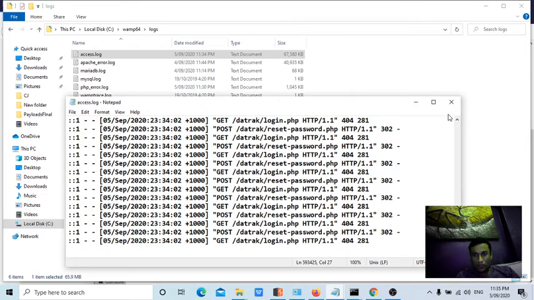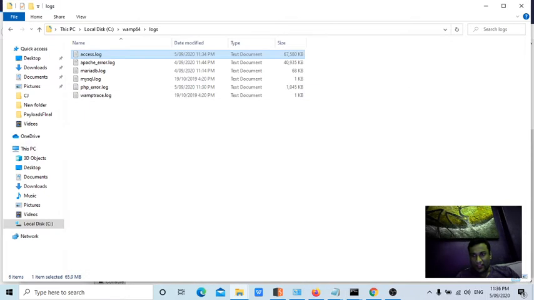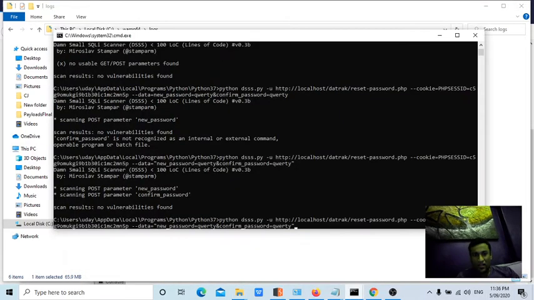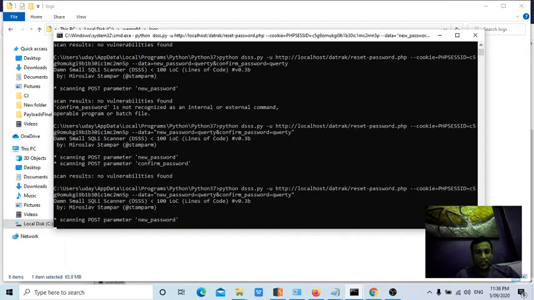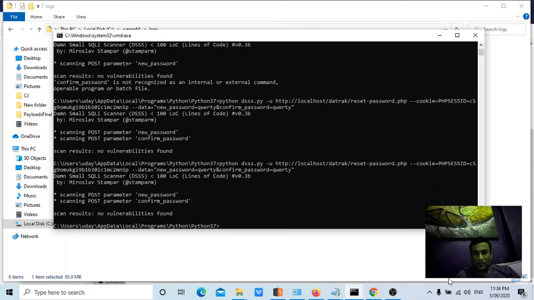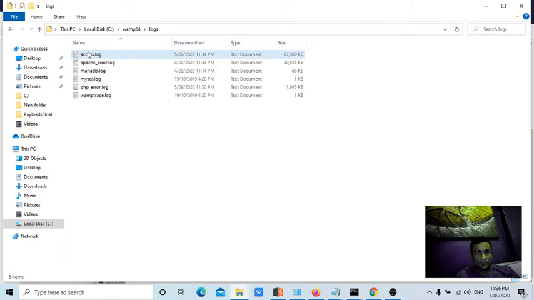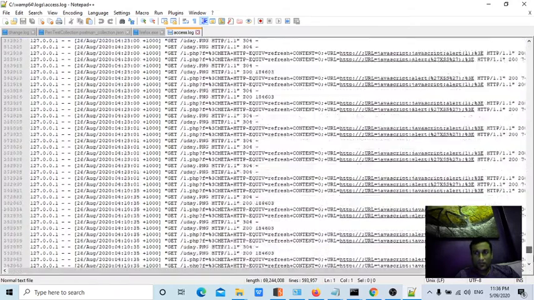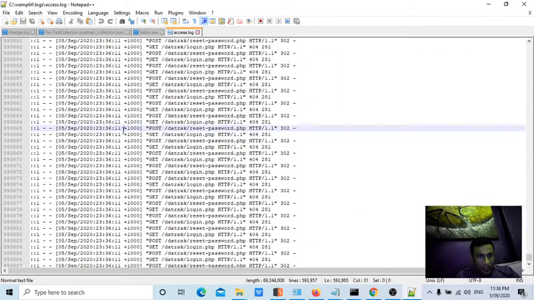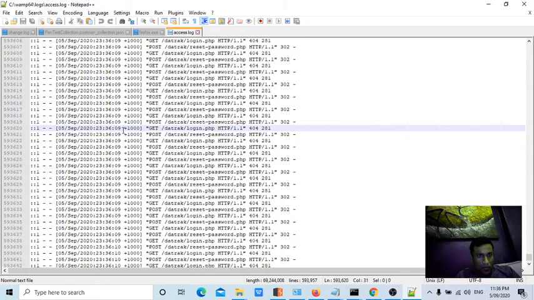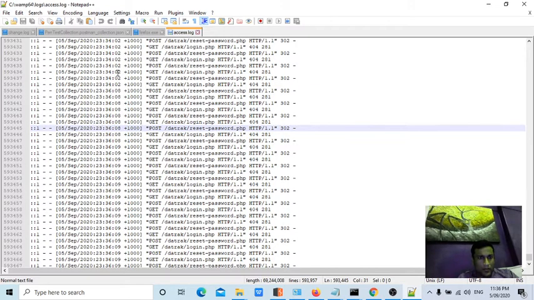So now what I'm going to do is, the last request was at 34. Now the time is 11:36. Let me run it once again to see how many payloads it will be sending to confirm the vulnerability. Yes, at 11:36 now. Oh my god. From here, if you could see, from 11:36 on this page,